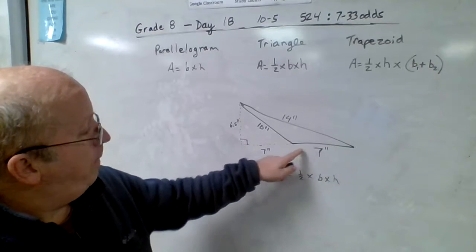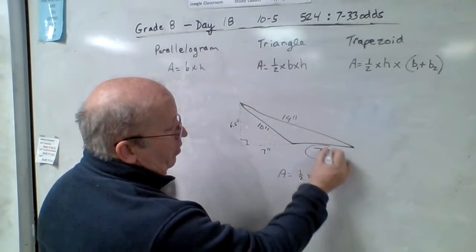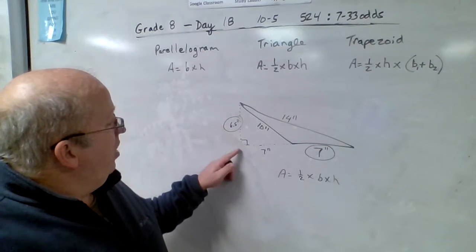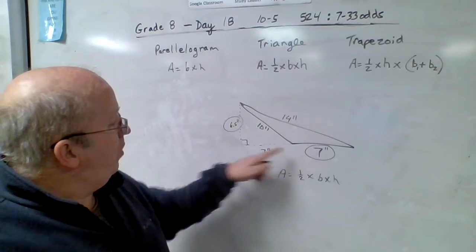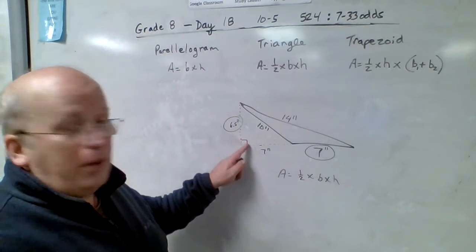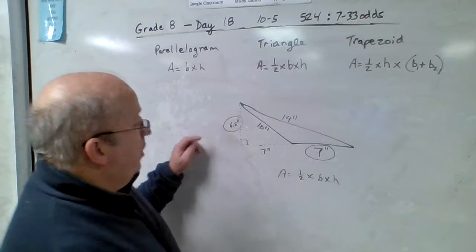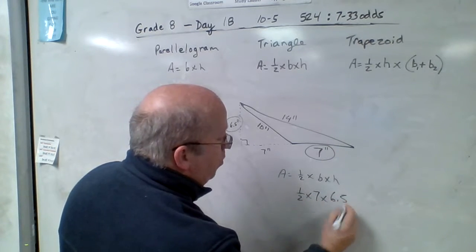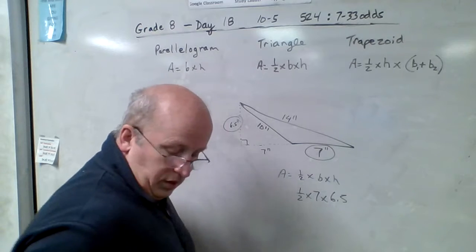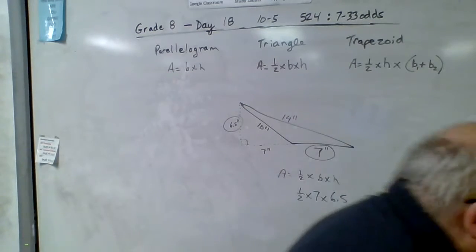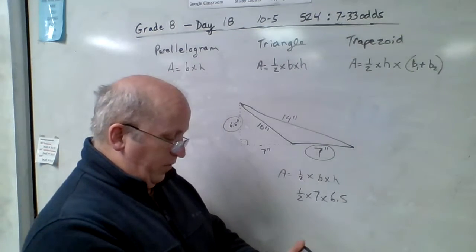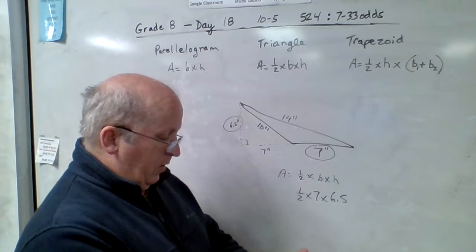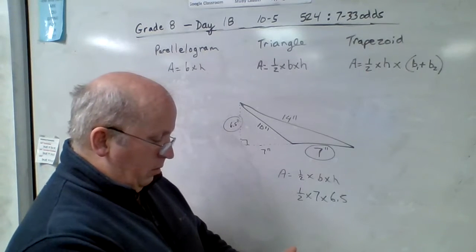In this case, the base is this particular 7 right here, and the height is the 6.5, because the height is going away from this base in a perpendicular nature. So in this case, it would be 1/2 times 7 times 6.5. Don't know what that is offhand. 1/2 of 7 is 3.5. So we're going to take 3.5 times 6.5, and we get an answer of,